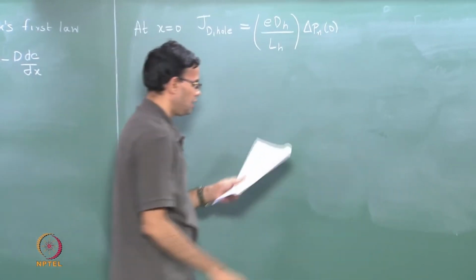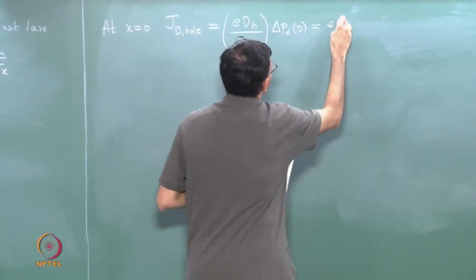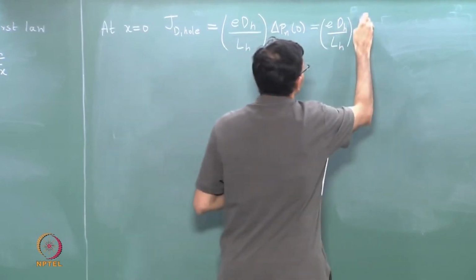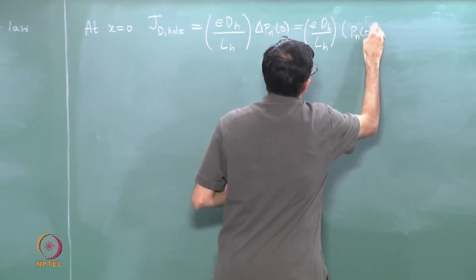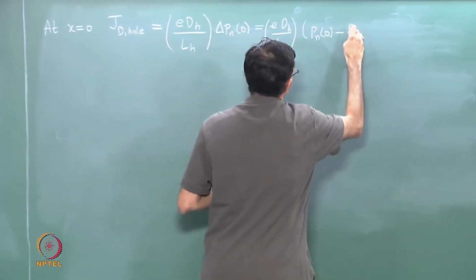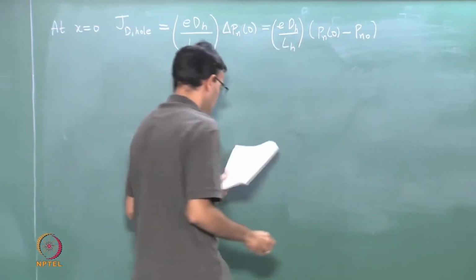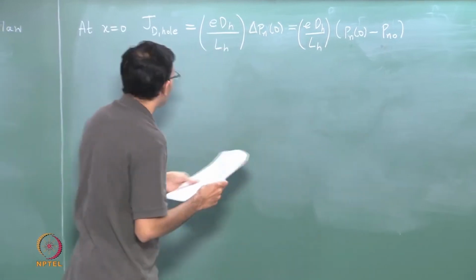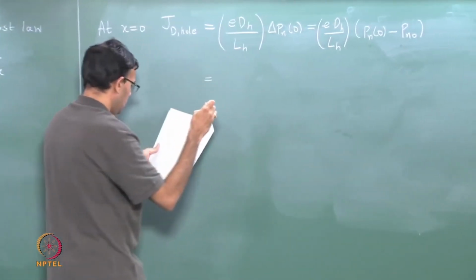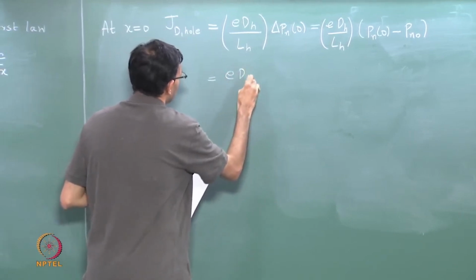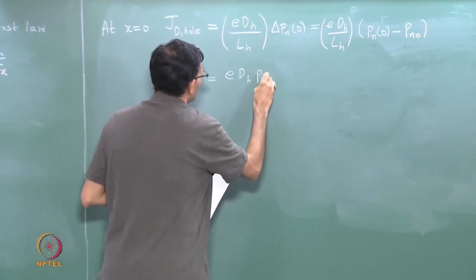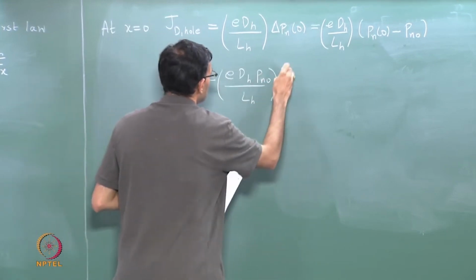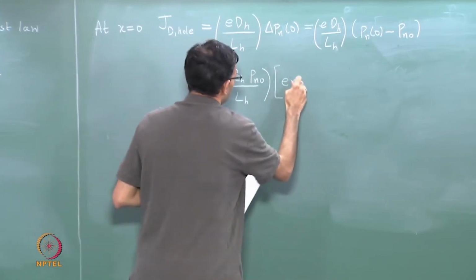We saw that this is nothing but E dH over LH times Pn of 0 minus Pn naught. We can substitute the values for Pn of 0 and Pn naught, and we take out the common terms. You are left with E dH Pn naught over LH times exponential